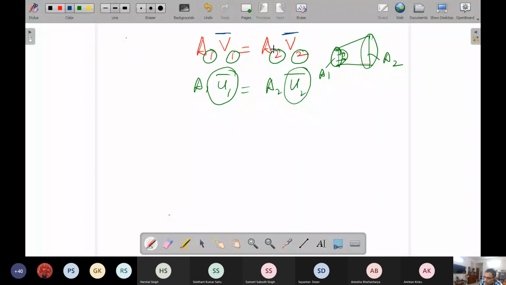But in many of the engineering applications, people consider this as velocity at points 1 and 2 and live with it, and still it works. Can you tell why? How that magically happens? Any one of you?